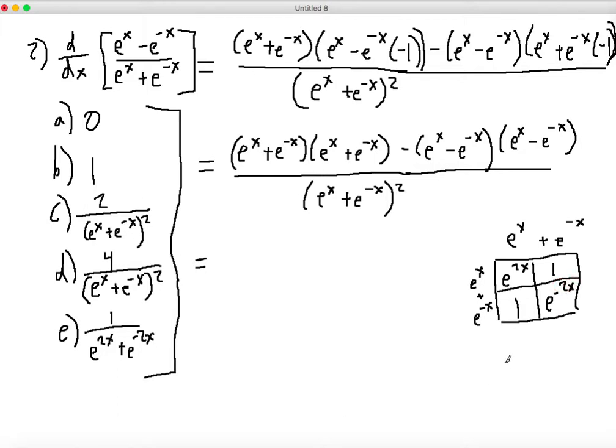Now I know in class I did it a little bit differently, and I wrote the e to the negative x as 1 over e to the x. Either way, you can see that they're going to cancel each other out and you're going to get 1. So here we get e to the 2x plus 2 plus e to the negative 2x